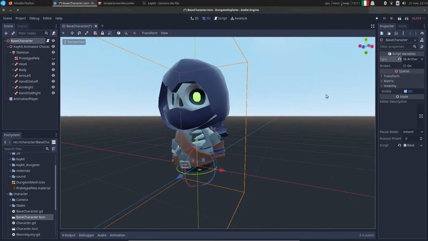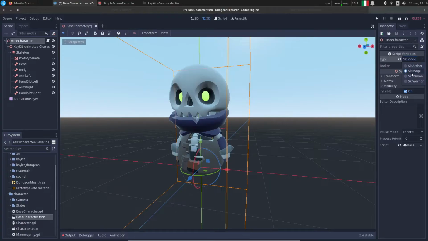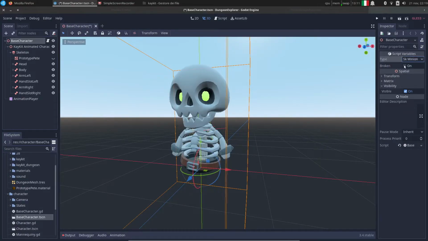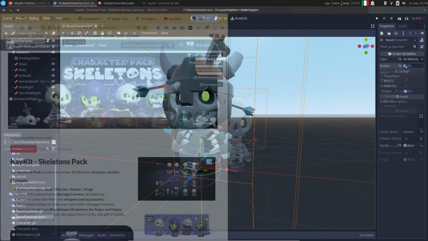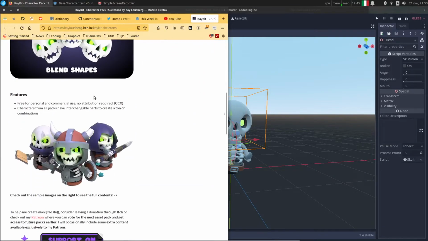Welcome back. In the last tutorial we imported KayKit animations. This time we will focus on the character scene, especially mesh import and a script to take advantage of modularity. For this tutorial we will use the character pack skeletons, so we can also see how to use blend shape facial